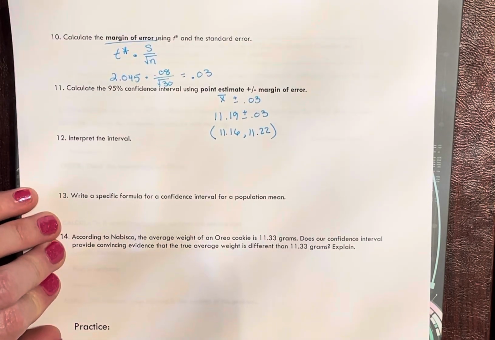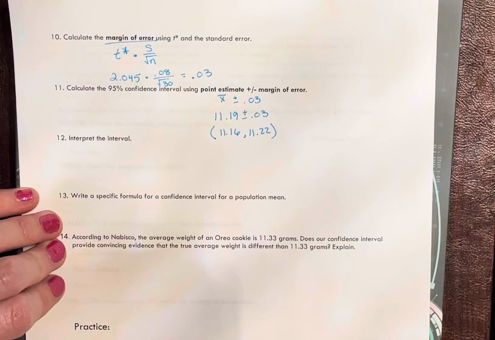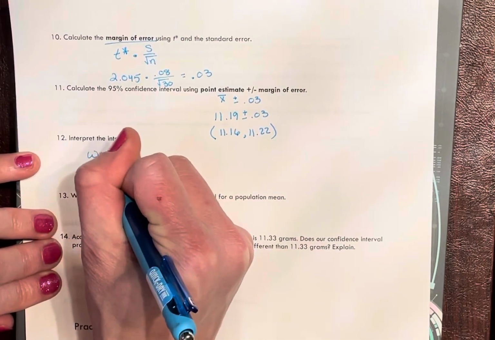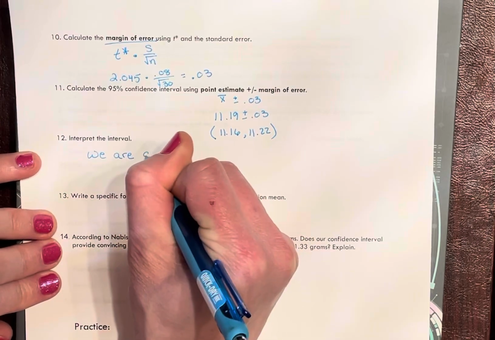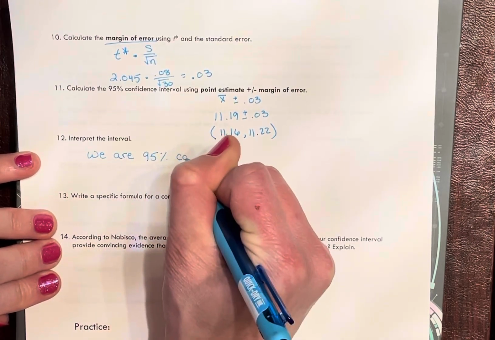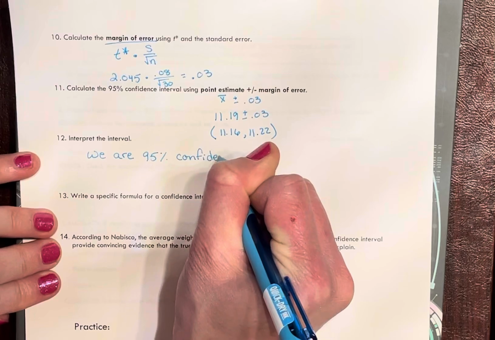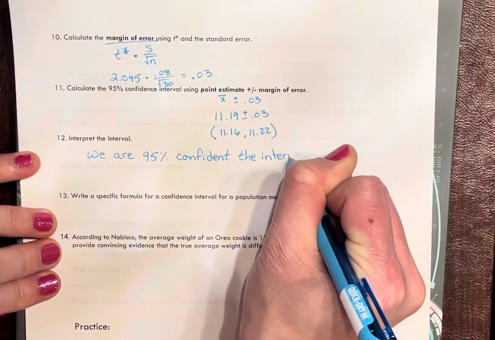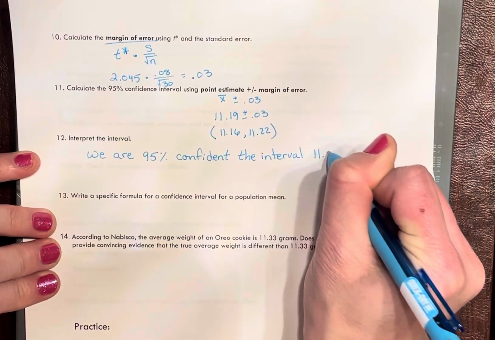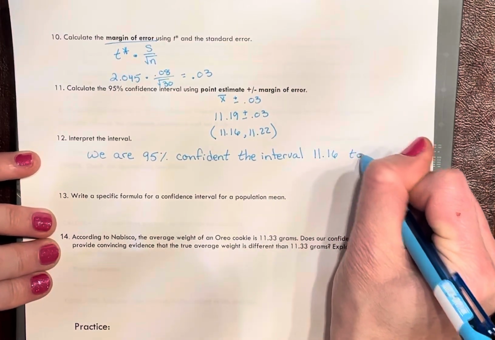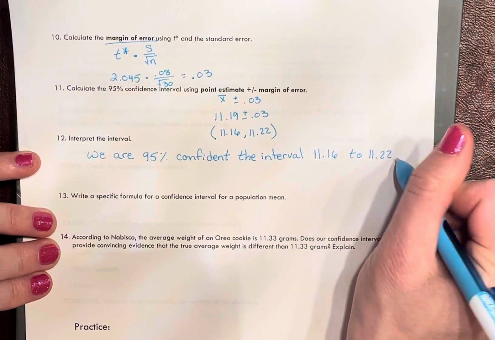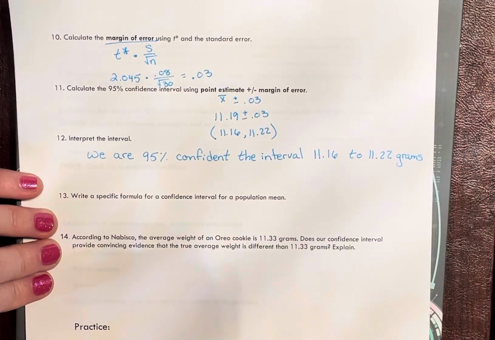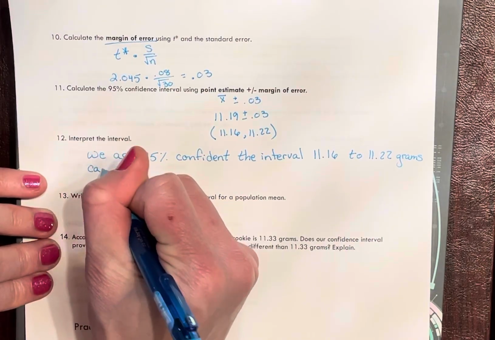Interpreting the interval is exactly the same as it is for proportions. There is zero difference. This is just a script you need to memorize. We are 95% confident the interval 11.16 to 11.22 grams. We need units here. Means have units. Captures